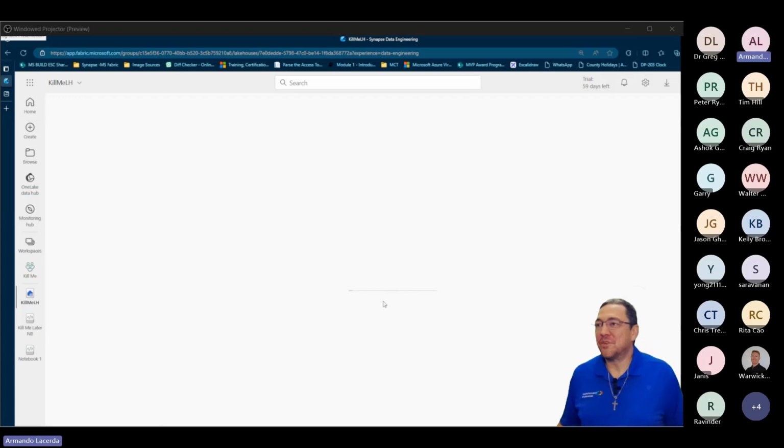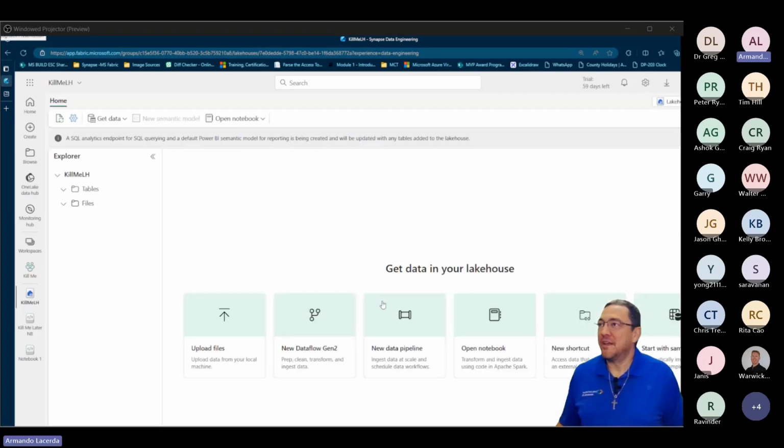So here we are. And yeah, so in the OneLake, I can bring in files I want to import inside the OneLake, or I can create pipelines to do data ingestion. But again, this is another topic, not a topic for tonight. We're going to do that for you in the afternoon, right? For you it's the afternoon, for me it's tonight here in California. And once I bring the files in, I can create tables on top of those files. But the point is, now I have a lake house.